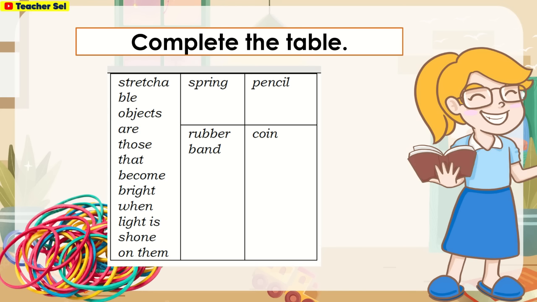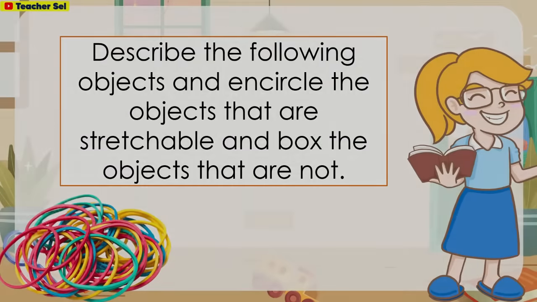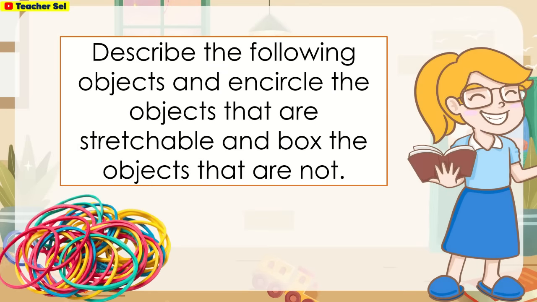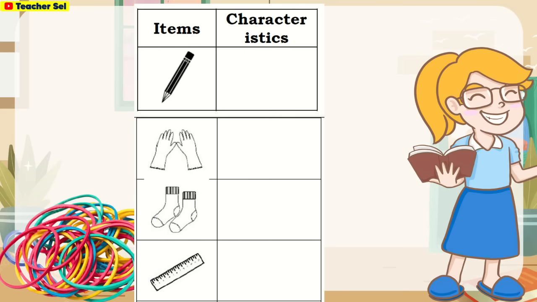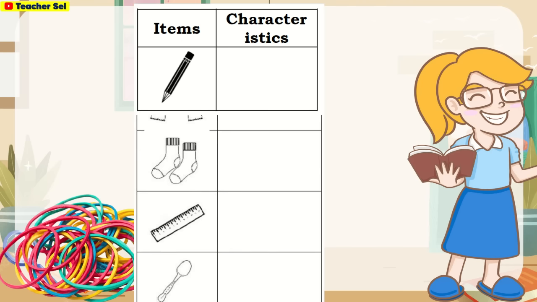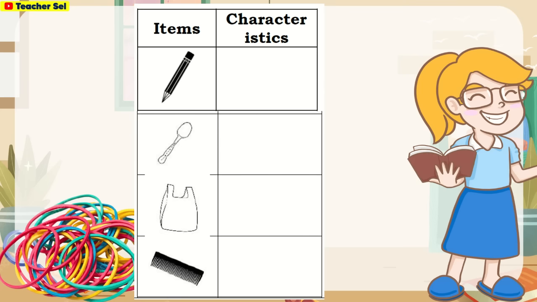For its meaning, stretchable objects are those that become bright when light is shown on them. Spring, rubber band for its example. And for non-example, pencil and coin. Describe the following objects and encircle the objects that are stretchable and box the objects that are not. Here are the items. You write also their characteristics. For the second set of pictures,